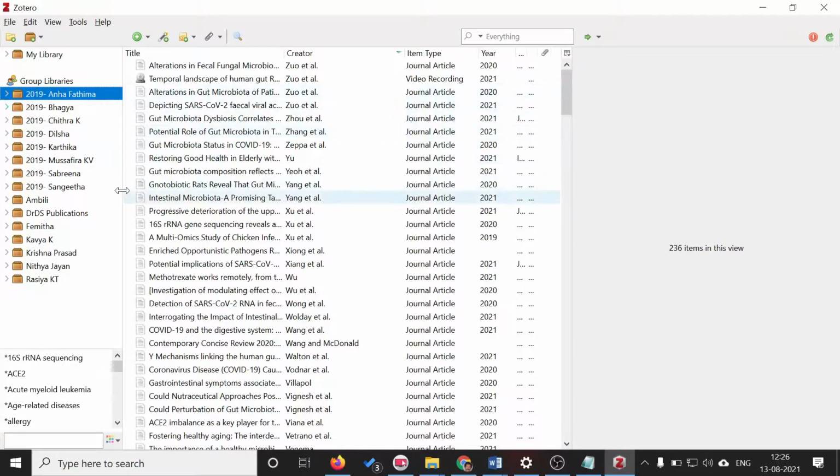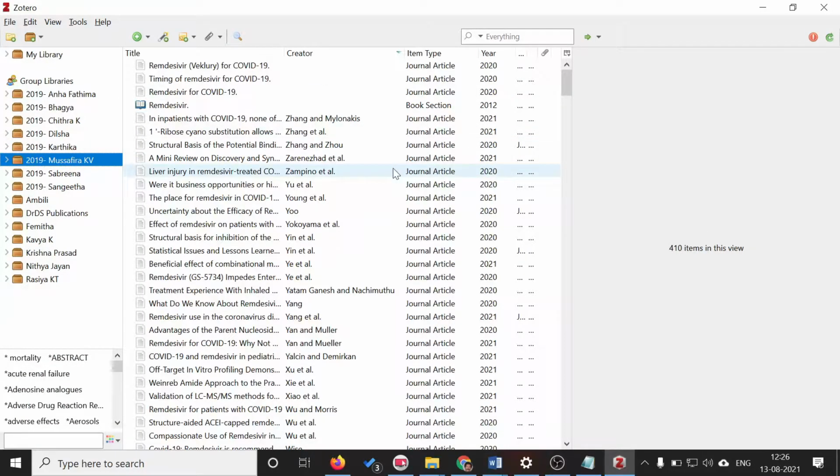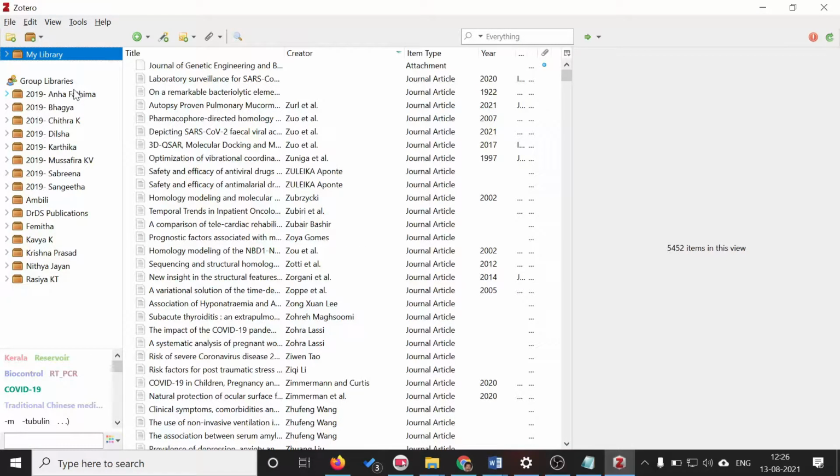So when you log in to your account, the shared libraries that are available to you and the others will be listed here. All this data, for example, if I am adding one new reference into the library, it will be made available to Anha Fatima or the concerned student that is added in the particular library and no one else. Okay. So those who have access to that particular folder will be updated with the new references added by the other persons in the same library. So this will be a collaboratively generated reference list or bibliography information. Okay. So this is how you install the software and connect it with the online database.